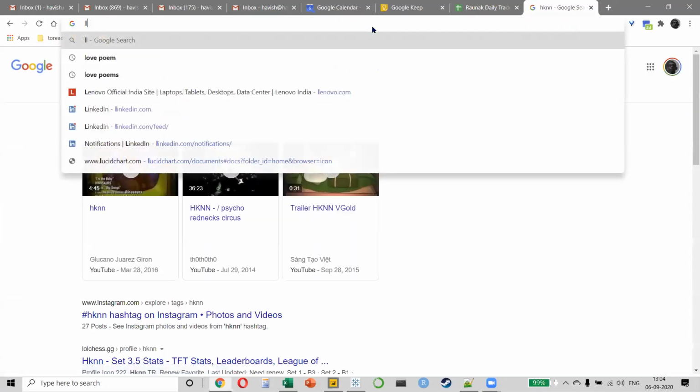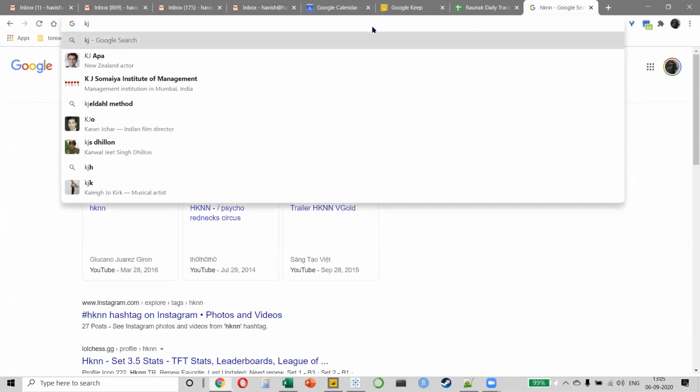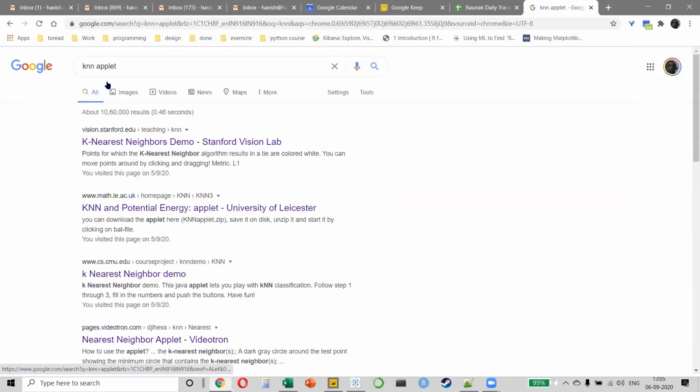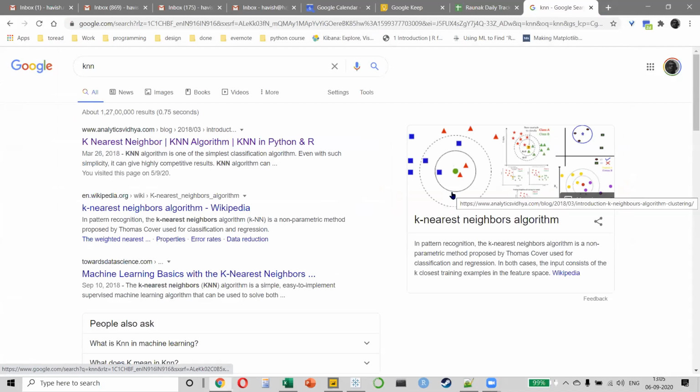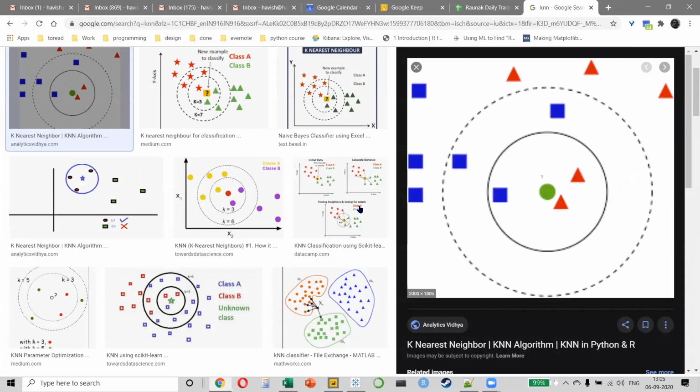KNN is one of the most popular models that we use, which is the K nearest neighbor. I will explain what KNN is in a bit. But KNN basically is a K nearest neighbor. It means that it's a non-parametric method, and it's used both for regression and for classification. It's a very old model, one of the simplest ones. What does it help you to do? Imagine if all of these were different types of customers you have, it will categorize them into different types of customers. So the blue ones are similar, the red ones are homogeneous, and the green one is an outlier, something like this.